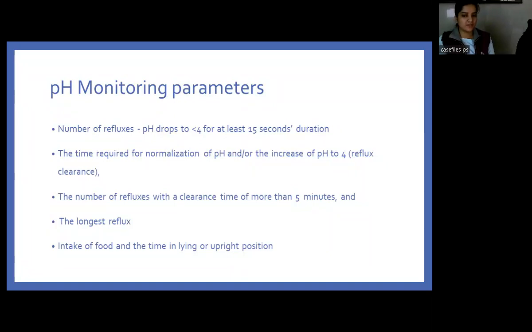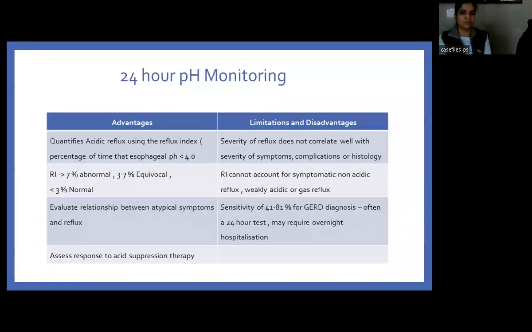The number of reflexes with a clearance time of more than 5 minutes, the longest reflex, and the correlation of the intake of food and the time in lying and upright position along with the reflux symptoms. All these parameters are studied during the pH monitoring. So during 24-hour pH monitoring, we study the reflux index, which includes the percentage of the time during which the